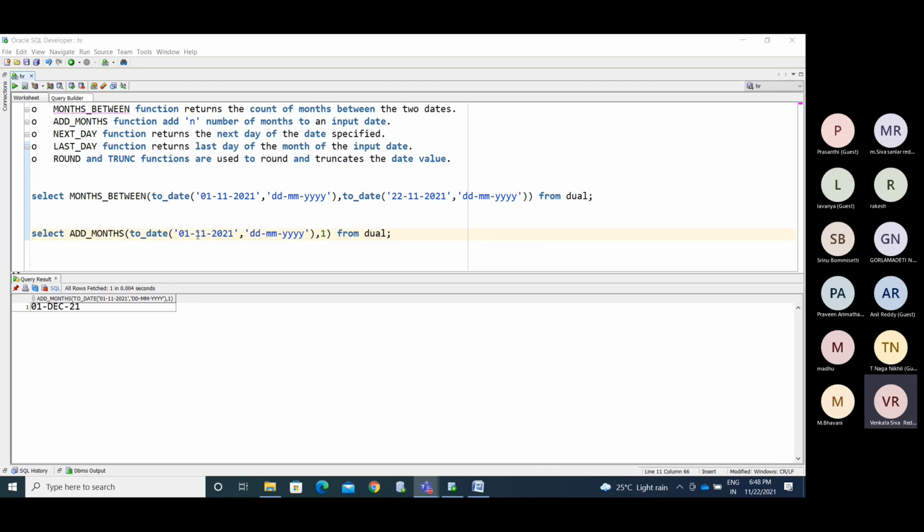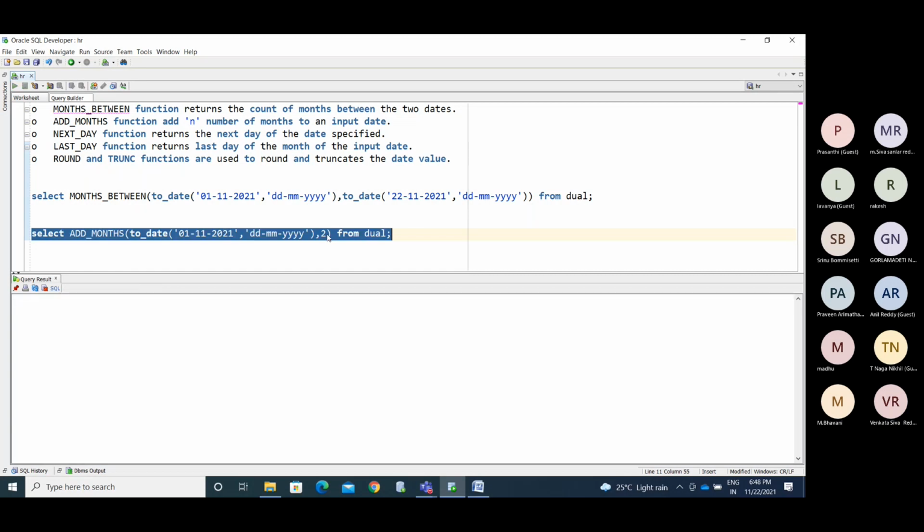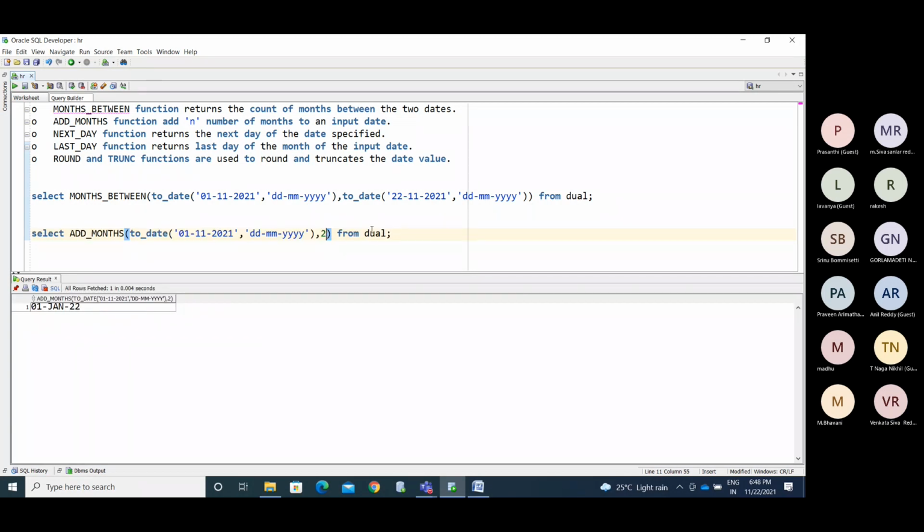Now I'm adding 1 month here. So if I add 1 month, it goes to December 1st. Now if I add 2 months, it goes to the next one.